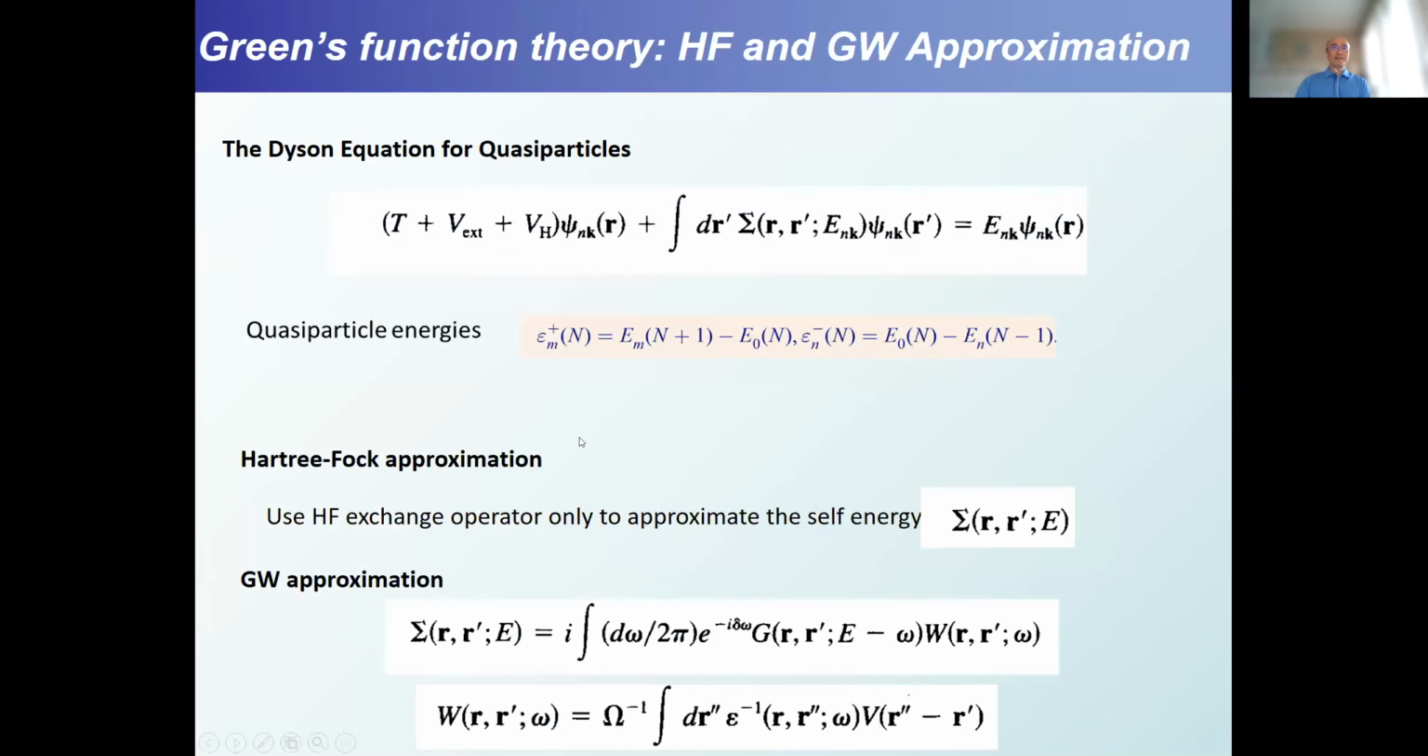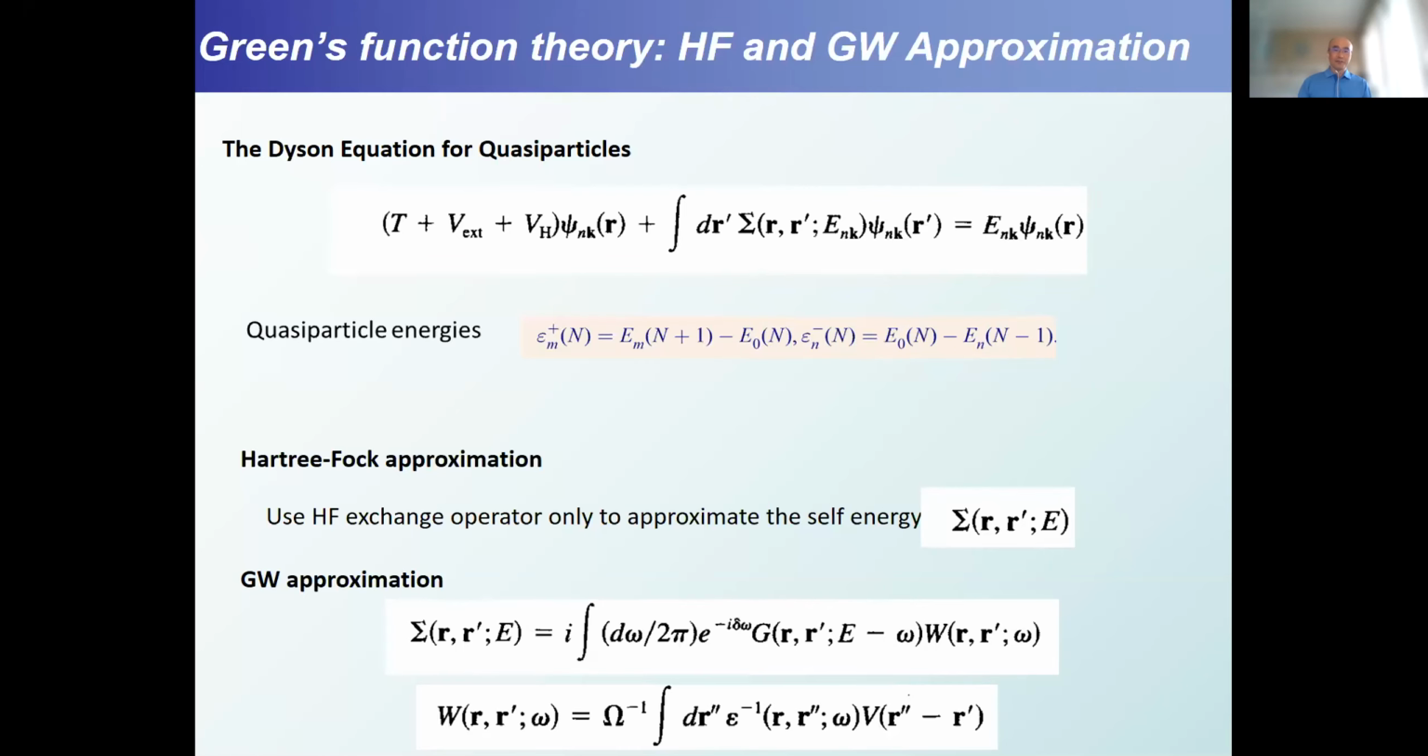For Green's function theory, there is the Dyson equation for quasi-particles, an equation with non-local potential and non-local energy dependence. The eigenvalues out of this are the quasi-particle energies. It's the energy of adding an electron to the excited states or ground state, and the energy of taking out one electron, so quasi-particles or quasi-holes. This equation can be viewed as really the true theory,